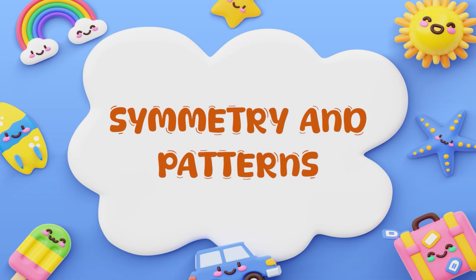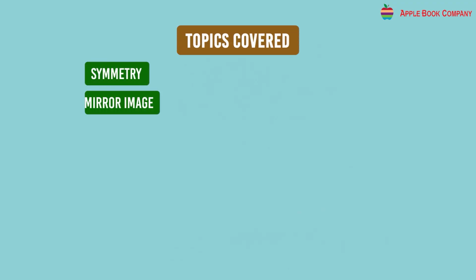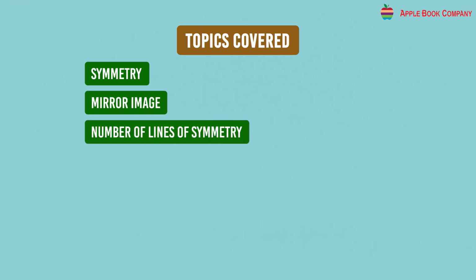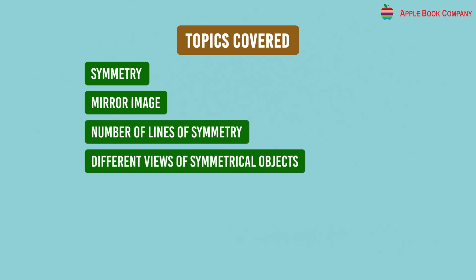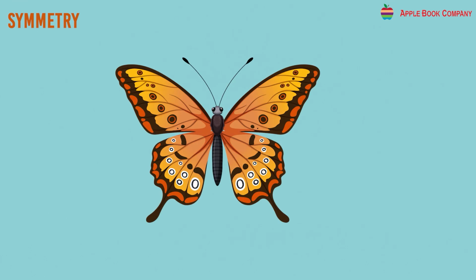Symmetry and patterns. Topics covered: symmetry, mirror image, number of lines of symmetry, different views of symmetrical objects, rotational symmetry, patterns, tessellations. Symmetry. When a shape is divided into two equal parts by a line, the shape is said to